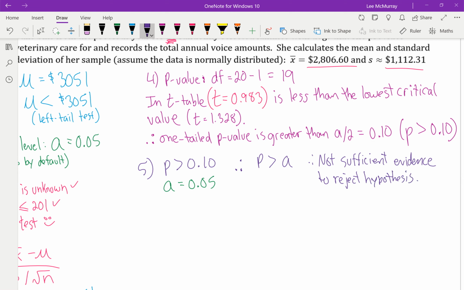Okay, so if we were to wrap that up into a nice summarizing statement, we could say that because there wasn't sufficient evidence to reject that hypothesis, right? We can say that there is insufficient, put this into real words, there is insufficient evidence to refute the claim